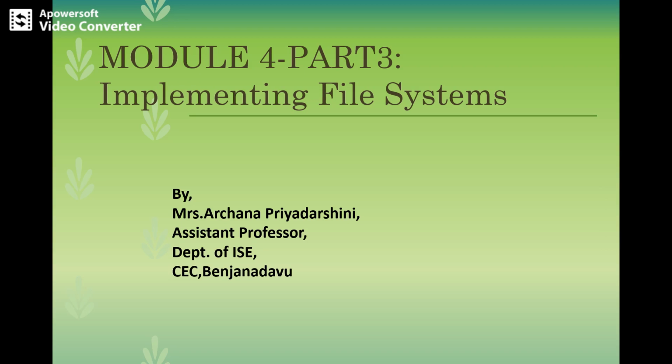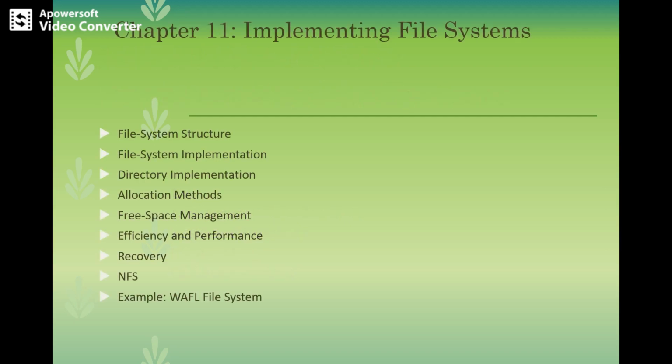Let's talk about part 3 of Module 4. How do we implement file systems? So let's talk about the file system structure at the beginning, wherein we are seeing the layered file system and some kind of organization units like file organization module, a logical file system, and also about the implementation. After the implementation of the files, we're seeing how do we implement directories and different kinds of partition and mounting mechanisms, followed by the different allocation methods we are using to organize data.